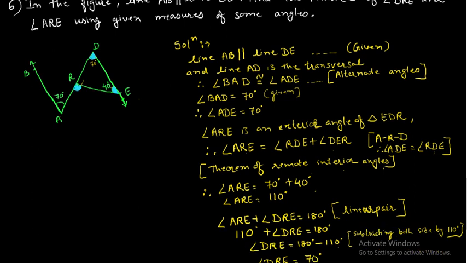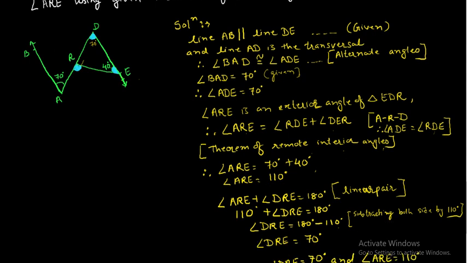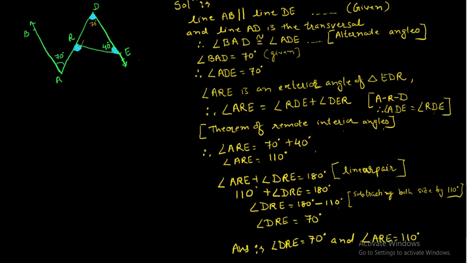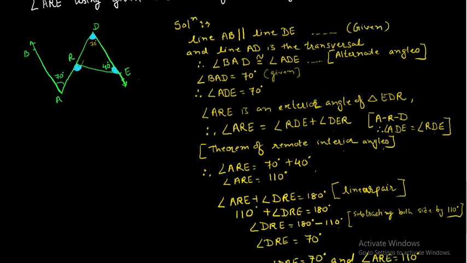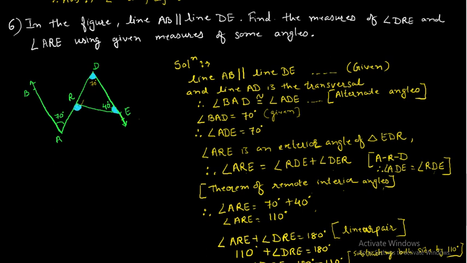ओके, सो लीनियर पैर है दैट इज ARE प्लस DRE। ओके, रीजन लिखना है लीनियर पैर। ओके, ARE हमने फाइंड आउट किया है यहाँ से, तो ARE की वैल्यू लिखनी है दैट इज 110 प्लस एंगल DRE इज इक्वल टू 180 डिग्री। नाउ सब्ट्रैक्टिंग बोथ साइड with 110, so I will get the value of angle DRE that is of 70 degree. ओके, तो हमें जो दो एंगल बोला गया है फाइंड आउट करने के लिए, ओके, DRE एंड ARE वो हमने फाइंड आउट कर दिया।